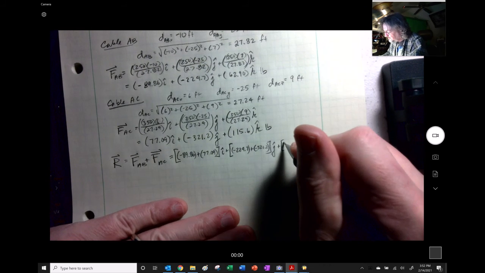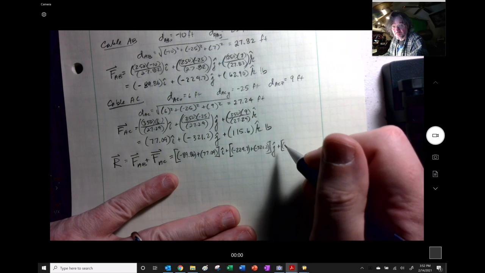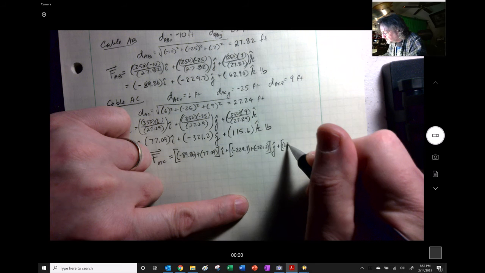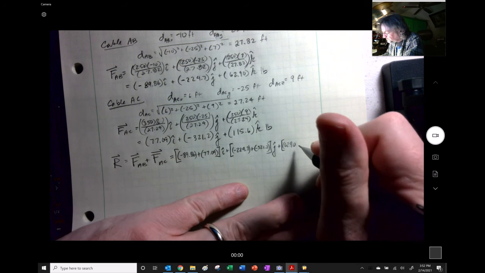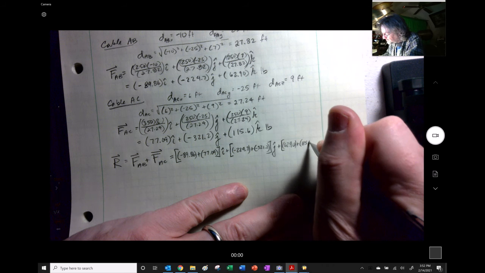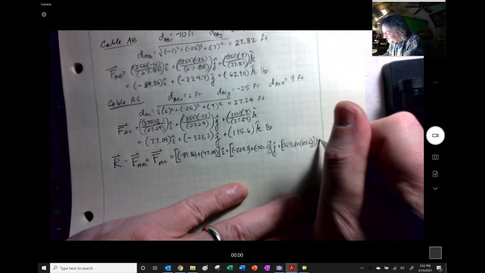I hate squeezing it in, but didn't plan it out too well here. Let's see, 62.90 plus 115.6. Okay,